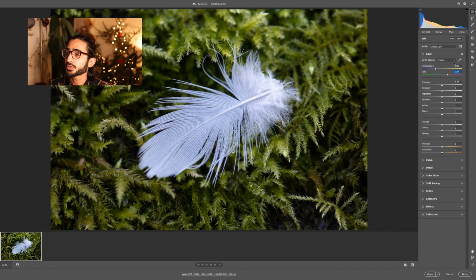And you can also use this little eyedropper tool, the white balance tool. This is quite handy, particularly if you're using a grey card. You can have a grey card in the image, as in the first image, to take a sample from, and then you can click the eyedropper tool and select that grey card. You can also do it on things that should be white, or on that grey scale, you can just click the eyedropper tool and select a part of